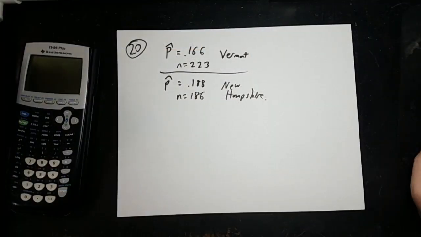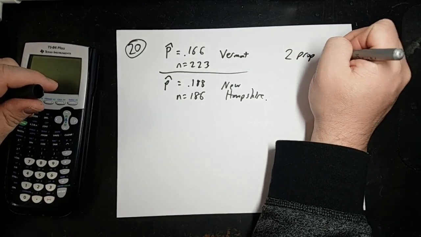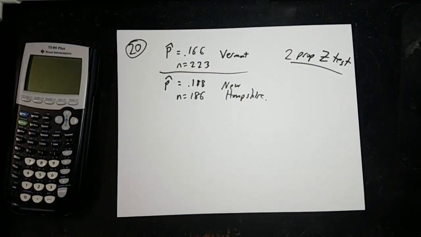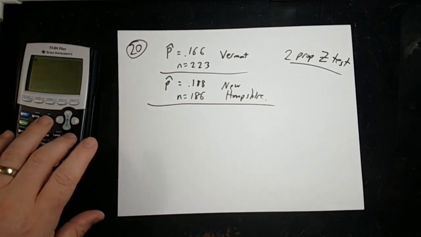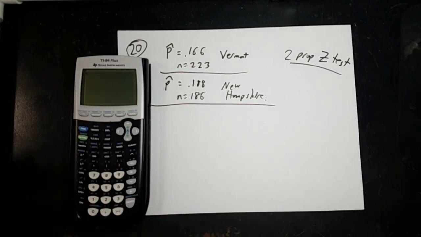This is a 2 sample, I should say, more specifically, a 2-prop-Z test that you're going to want to be using for this problem. A 2-prop-Z test. They're 2 independent samples, one in Vermont, one in New Hampshire. They're both random. 223 and 186 are large enough. Since there is no population proportion or population difference between the two,